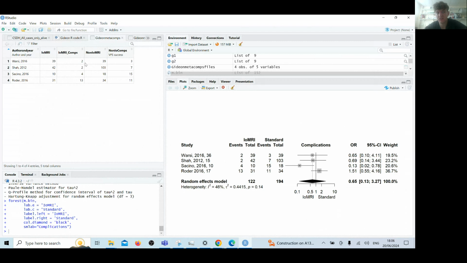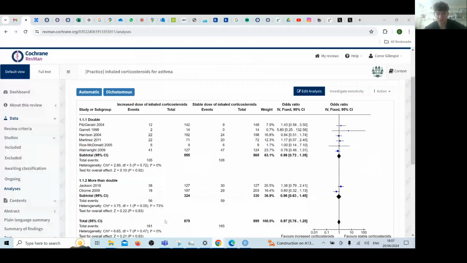And this is the number of patients who had a complication after their operation. And then this is people who had the standard treatments and then had some complications. So it's very similar. You just have the number of participants in total and the number that experienced the event. And then translating that into this one, you can see that their event is